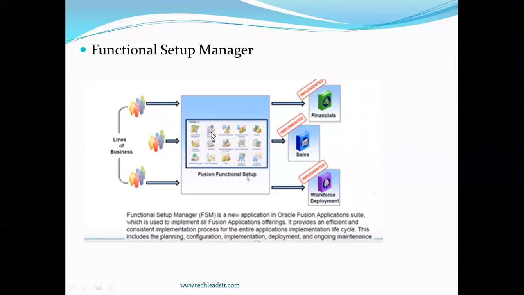For example, your setups are all done related to financials. Now, if you want to deploy this financials-related information to the next, higher instance, you can simply download from here itself and upload there. That kind of feature is available in Functional Setup Manager. Whereas in EBS, we do some manual work and perform some Unix-based operations. But here nothing is required. Simply upload and download options are available from this Functional Setup Manager.